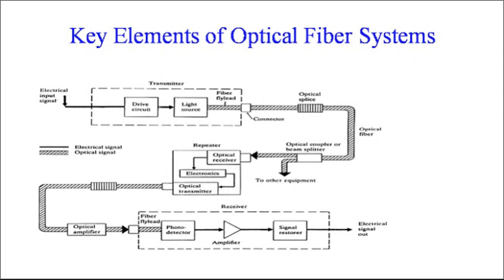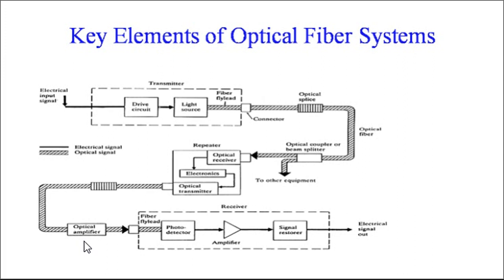In a regenerator, optical receivers, electronics and optical transmitters are there. Here in the regenerator, the optical signal will be converted into an electrical signal, boosted, and again retransmitted. Again, it is connected to an optical splitter, then optical amplifiers. The optical amplifier will amplify the signal. Both the optical amplifier as well as the repeaters, which we can call regenerators, have the function of boosting the signals, boosting of the optical signal.